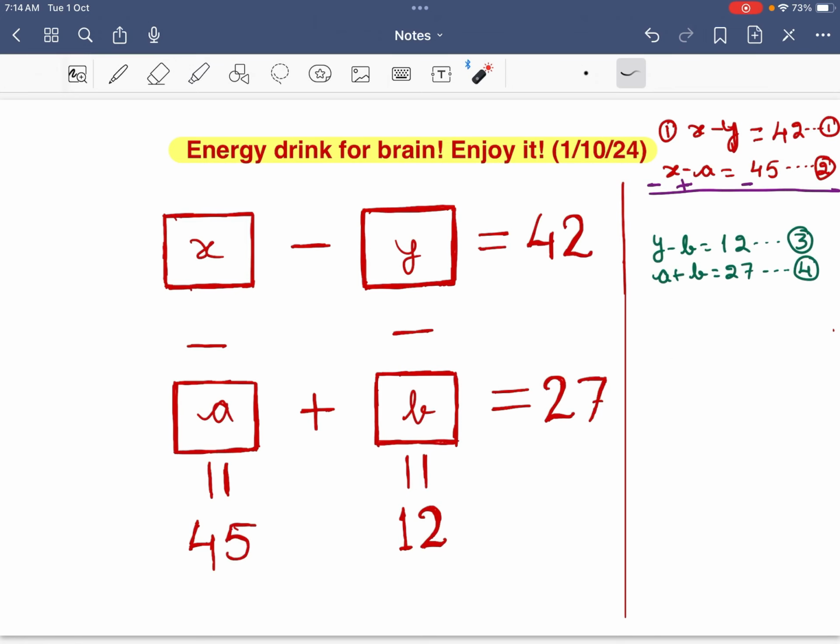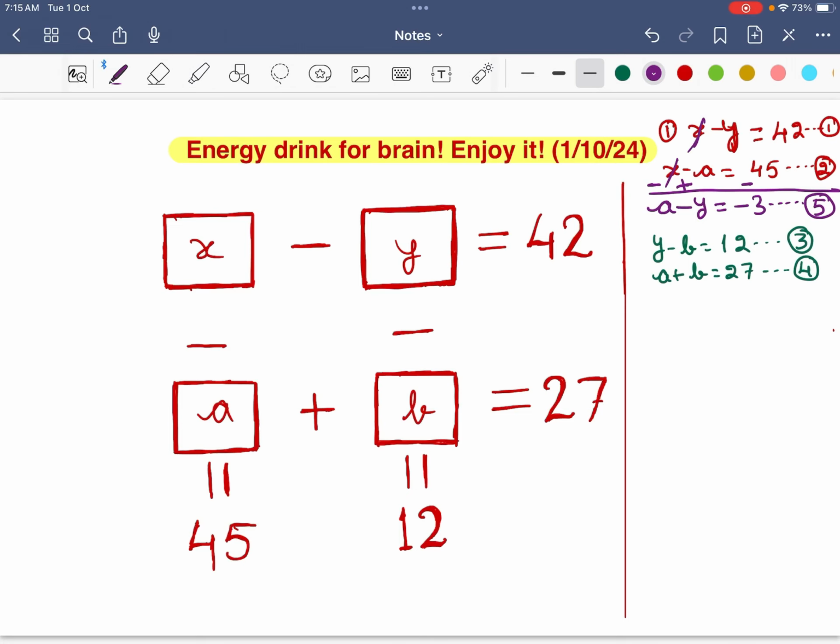So here we will be getting x cancelled, right? Plus x minus x, and I am subtracting equation 2 from 1. So I have changed the signs of equation 2 only. So here it is a plus a and minus y is equal to minus 3. Let's consider this as equation 5,